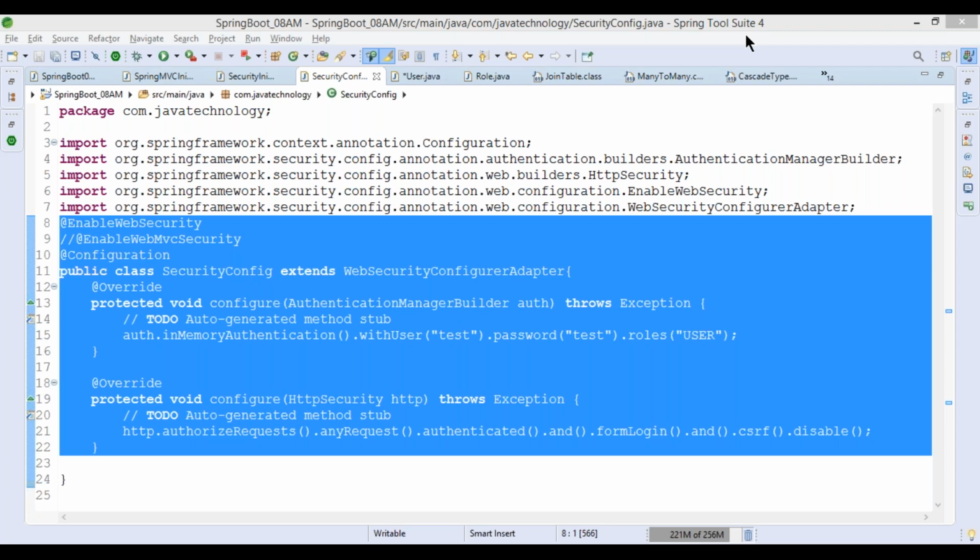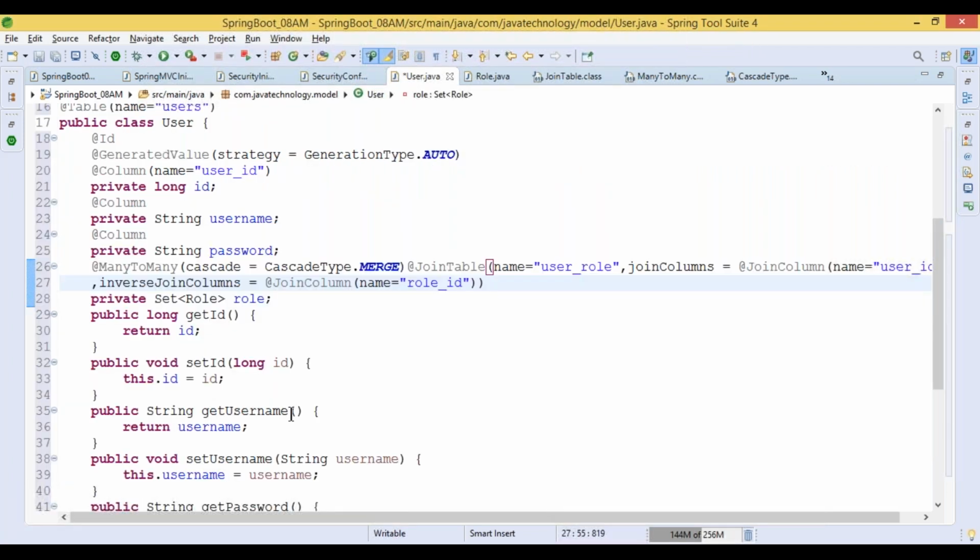Instead of using setters and getters methods, can we use Java Lombok? We can work with it, but normally most people do not have the knowledge. So as a basic, I'm working with getters and setters, but for the user we don't need any getters and setters.